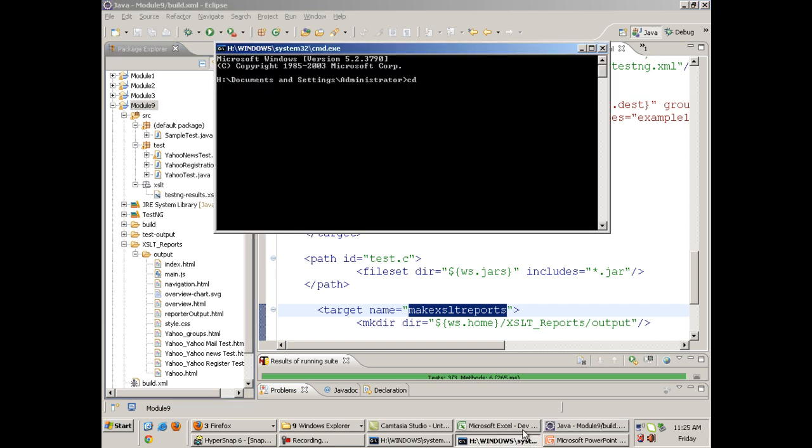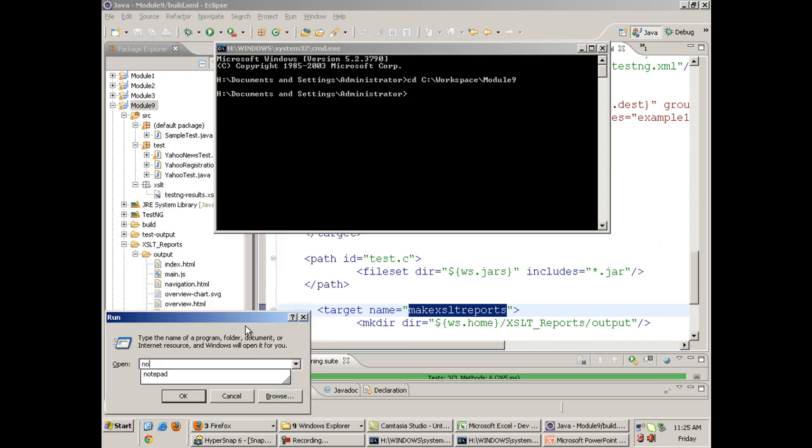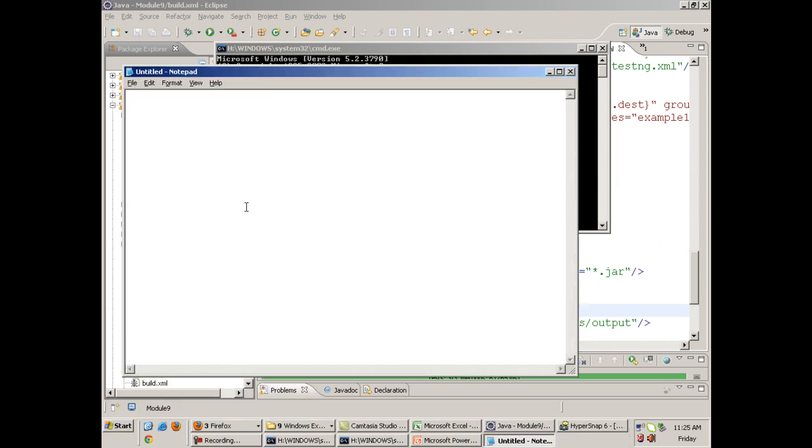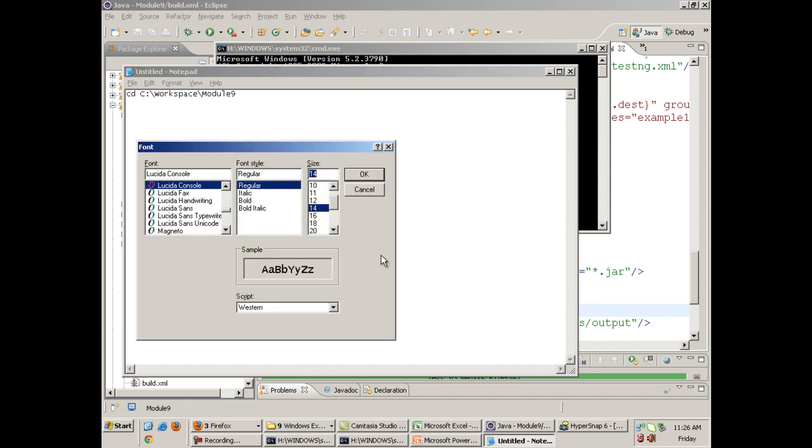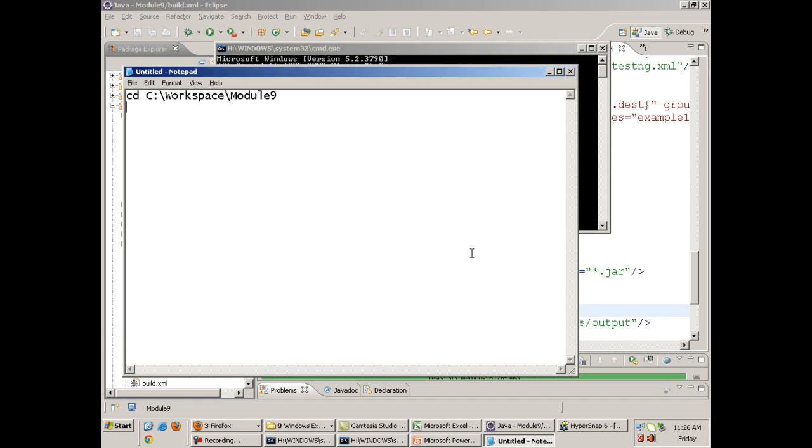So I give the command on command prompt cd this path. So I will open a notepad and I will note down this command. This is the first command, right?